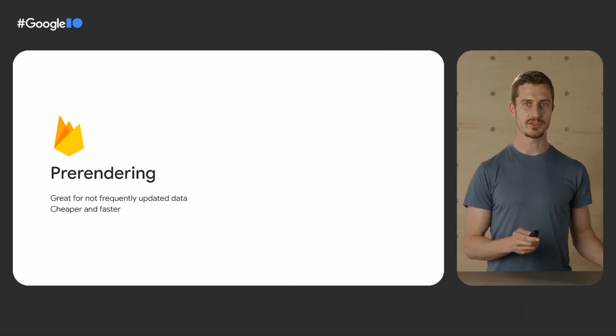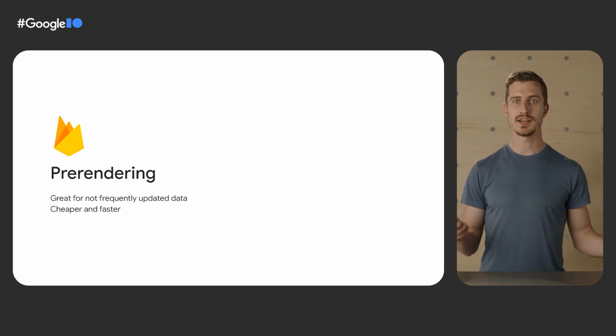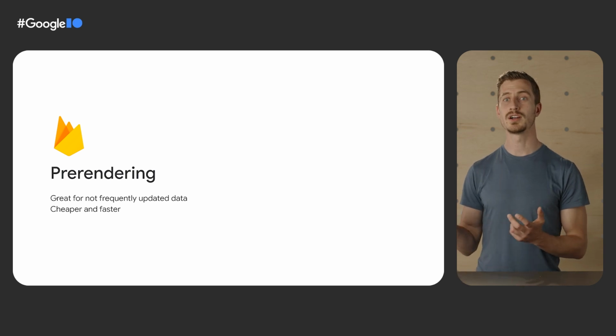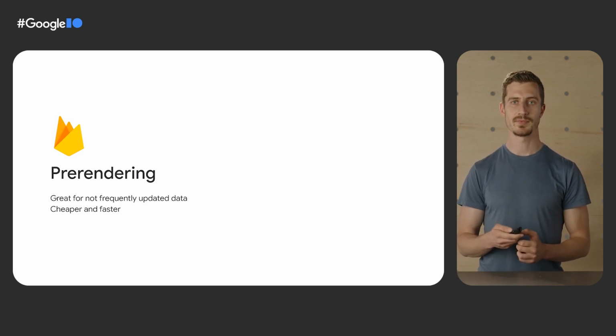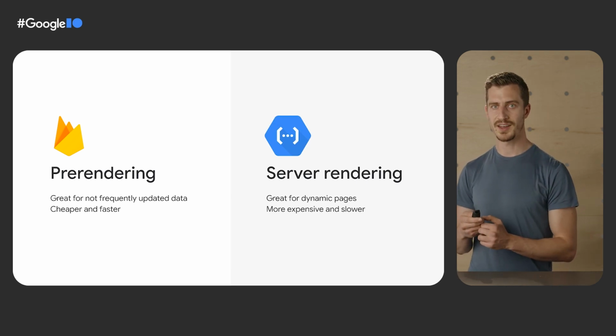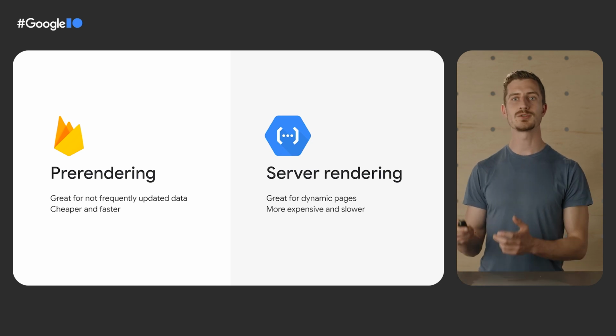For pre-rendered content, we can use Firebase hosting. This is a content delivery network, which allows us to serve the pre-rendered pages from a location close to the user. For server-side rendering, we'll use Cloud Functions. They provide an on-demand execution environment which allows us to handle individual requests, render our single-page application in Node.js, and serve it to the client.